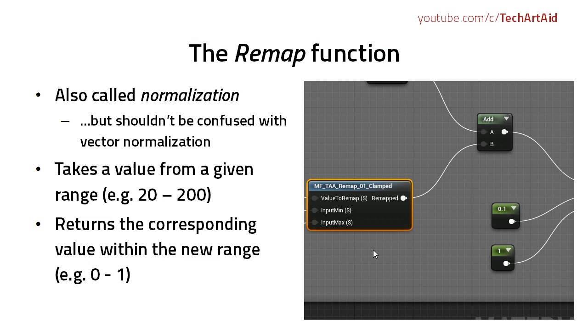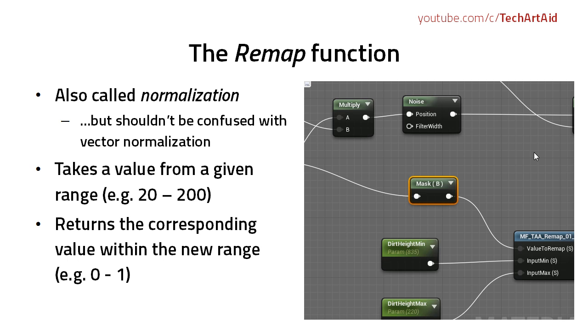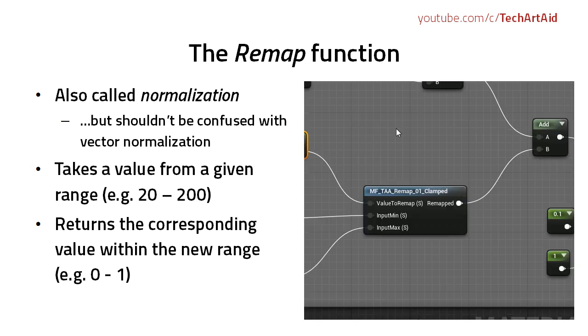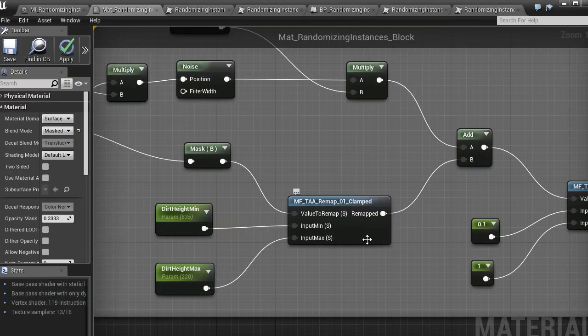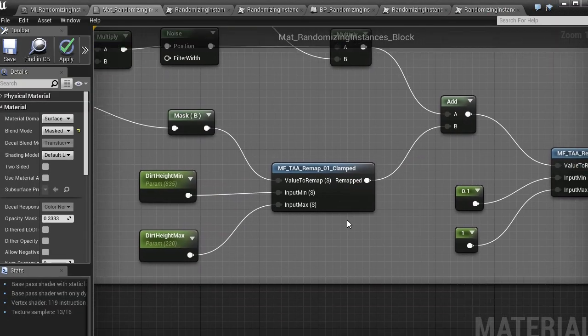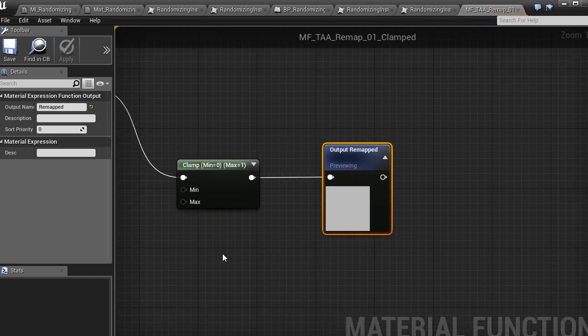Basically it's used like that. It takes a value, the z value of the world position of the vertex, which is the height of the vertex, and it takes the range that the value is within. And what I want to have as a result is the same value being fit between the range of 0 and 1. So I really have a gradient which I can use later for mixing. It's also called normalization, and it works like that.